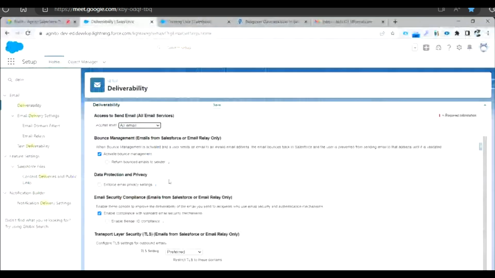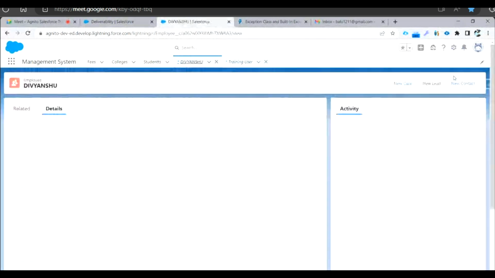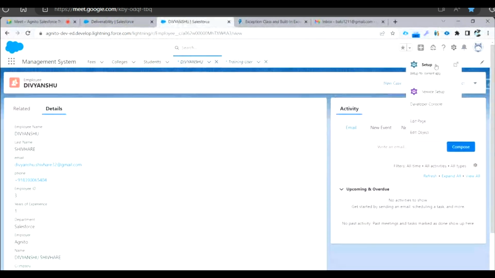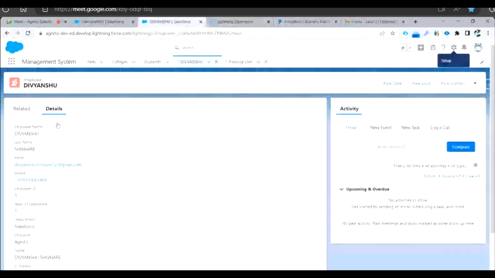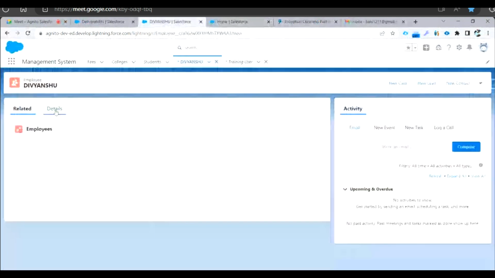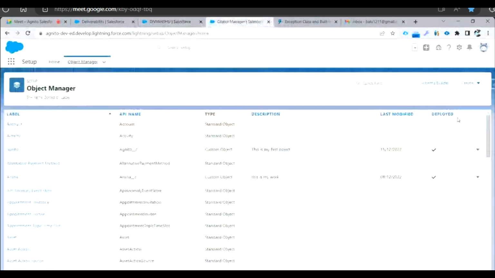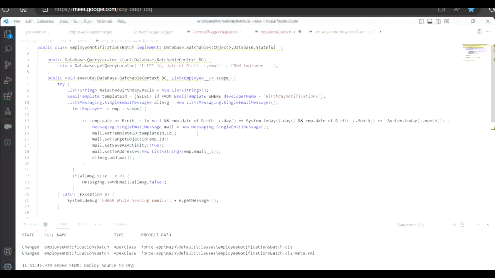So if I don't want to send out an email, if I want to just give some message, if it is matched, if I want to give some notes onto this employee record itself, let's say we don't have any description field over here, right? If we have the description field, what we could do is update the notes also. So to show you that exactly. Okay,